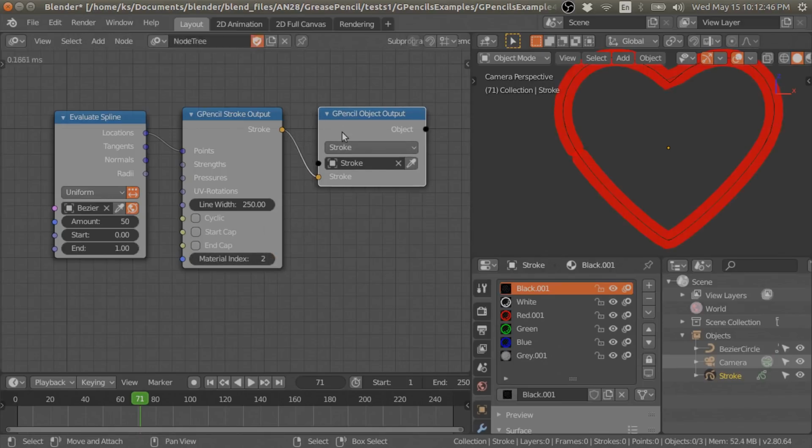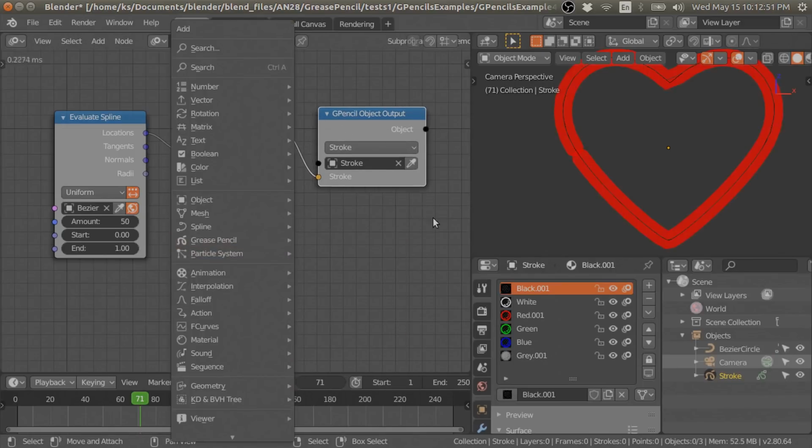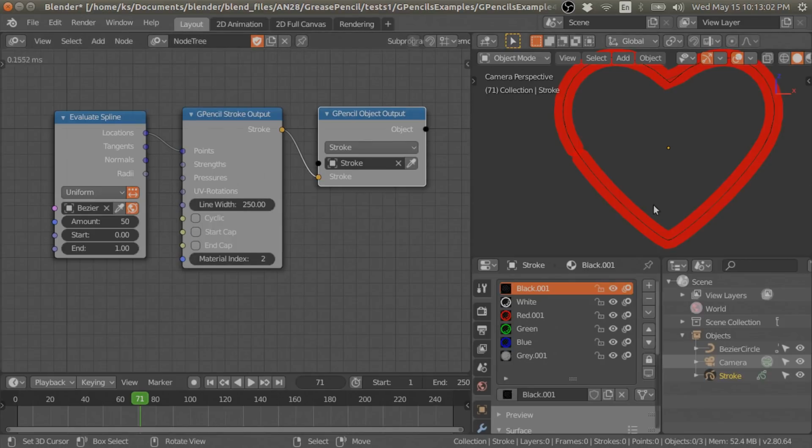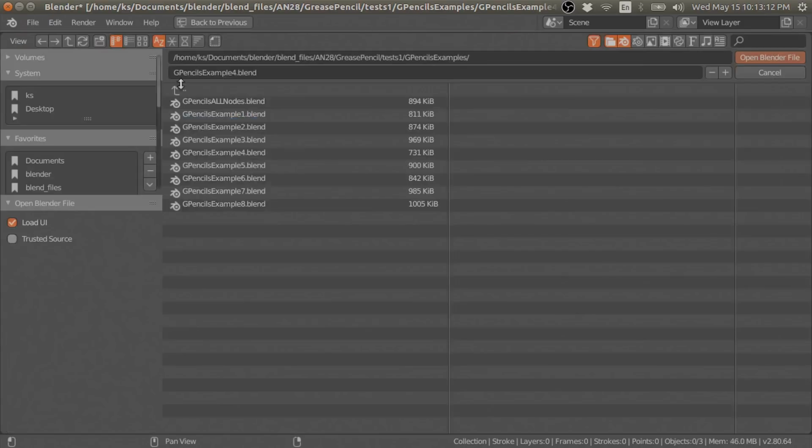So this way, with Grease Pencil nodes, you can bring the Grease Pencil data into the animation nodes, or you can convert the animation node data into these Grease Pencil objects. So in the next example,